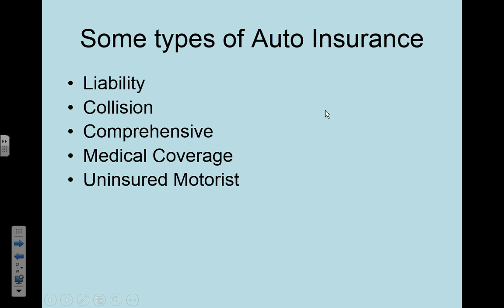We have uninsured motorist coverage. Even though people are supposed to be insured, not everybody is. So let's say that somebody runs into you, they are at fault. Their liability should pay for it, but they don't have liability insurance. If you had uninsured motorist coverage, that would pay for that injury or damage. No fault, again, it's kind of self-explanatory. Some accidents are nobody's fault.